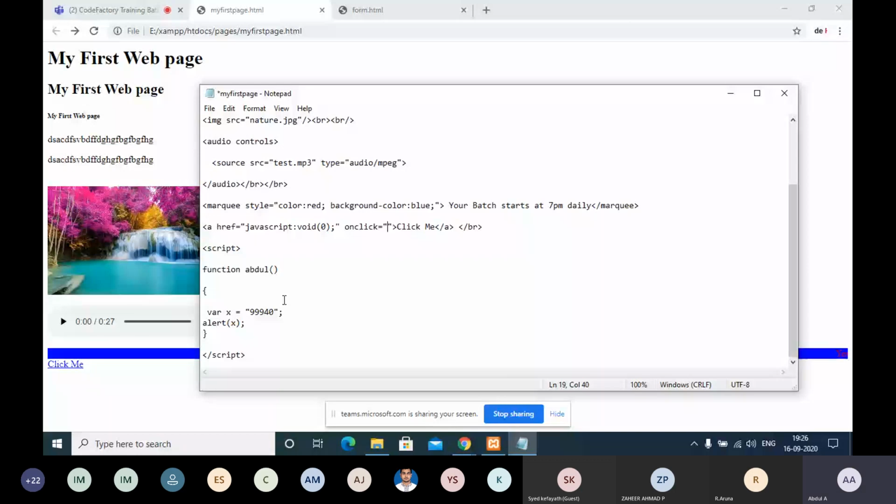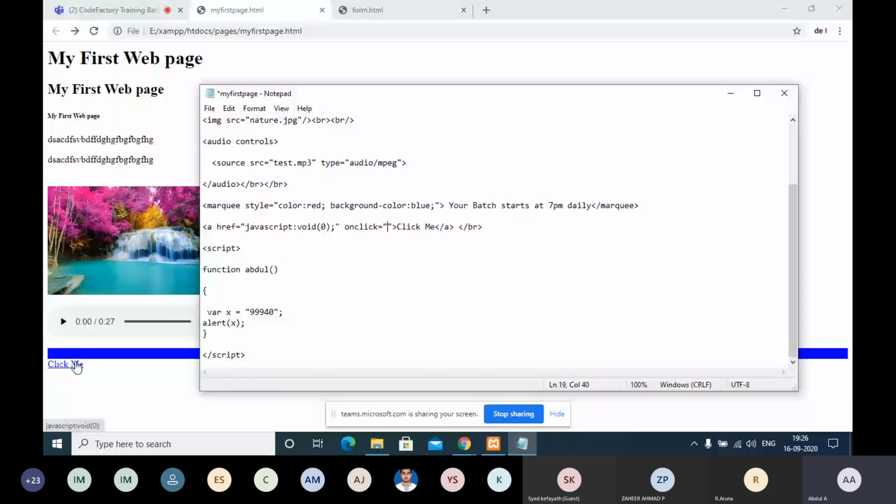Otherwise, if I have given some URL, once I click that, it will automatically reach the particular URL. So the destination we can define here. The destination we are defining as an external URL, an internal file, or on click any event or any function call. So these are very, very important things. We can call in an anchor tag n number of methodologies to call many things.